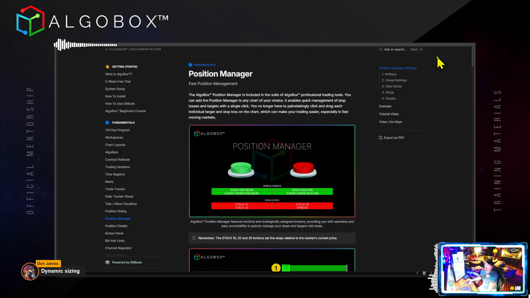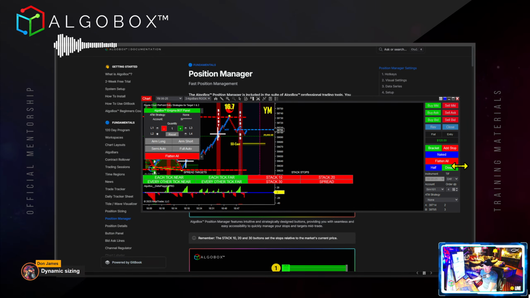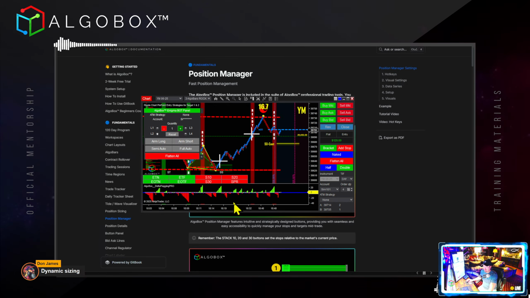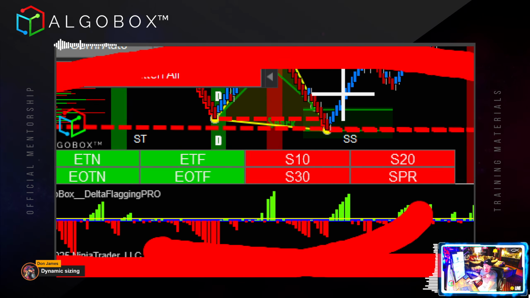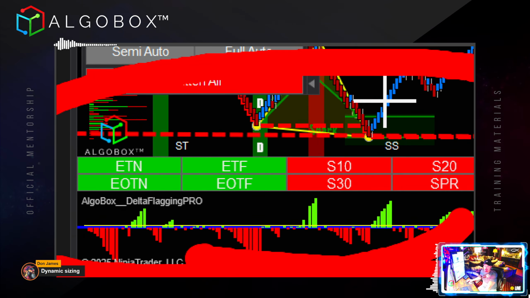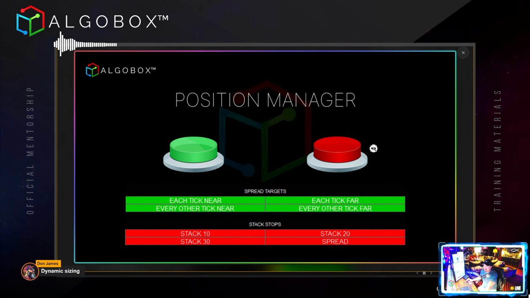Oh, I'm sorry. I just got those mixed up. That's the button panel. My apologies. That's down here. I'm jumping ahead of myself. This is position manager. That's the buttons down here at the bottom, which we have not talked about yet. When you have them collapsed, they will look like this. ETN, ETF, EOTF, if you're wondering what is this crazy code down here? What are these buttons going on down here? And if I expand, oh,